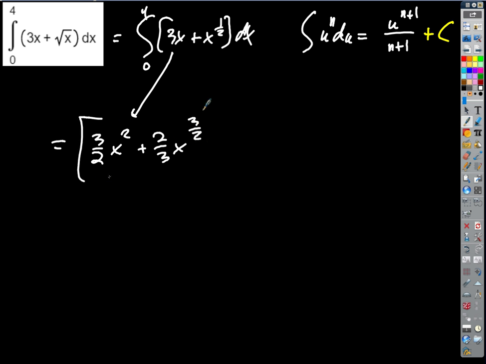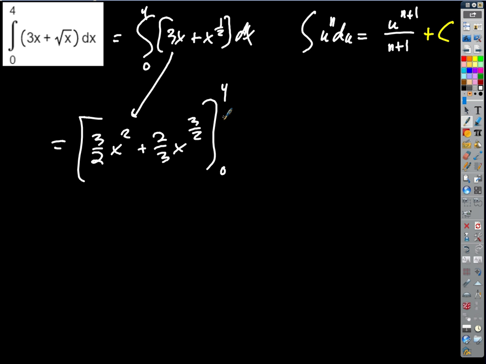And then we're just going to evaluate that from 0 to 4. Now, in this case, that should be the 3/2. Kirk's method should be way better. 3/2 x to the 3/2? Oh, no, I see what you did. Okay. So for one like this, I'd say Kirk's method is the way to go,